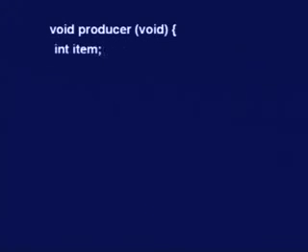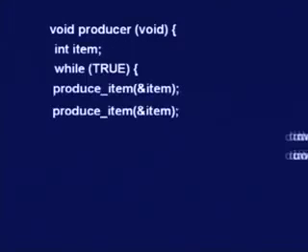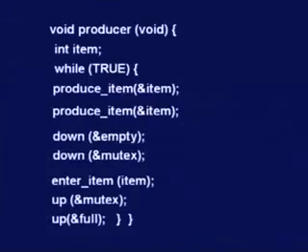So, the code for the producer looks like this. We have the integer item and the producer goes in a loop. While true, it produces the item and then it does a down on the semaphore empty, it does a down on the semaphore mutex,